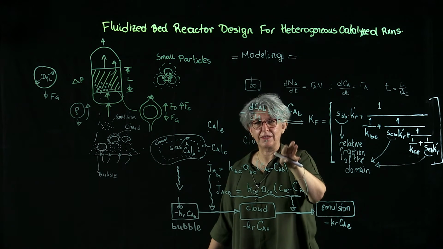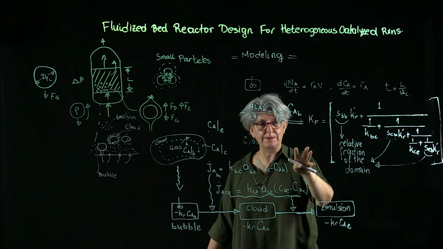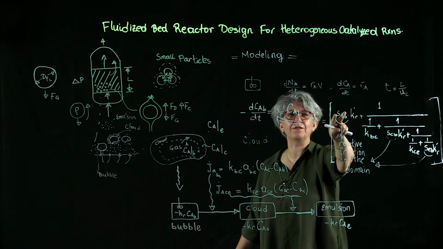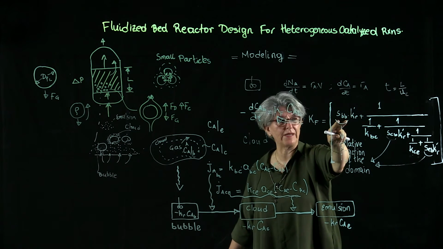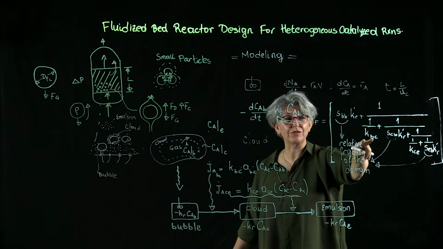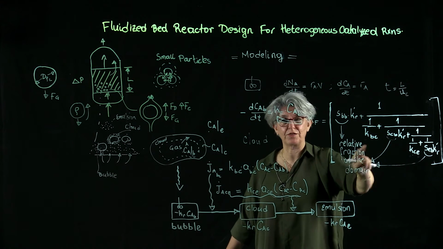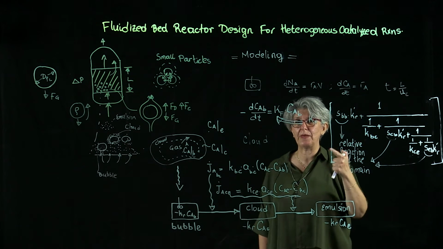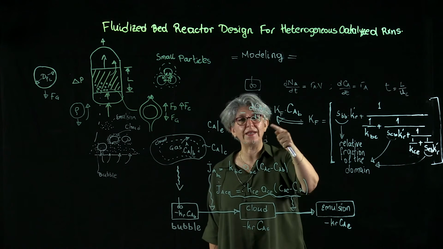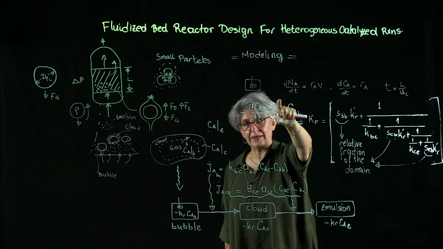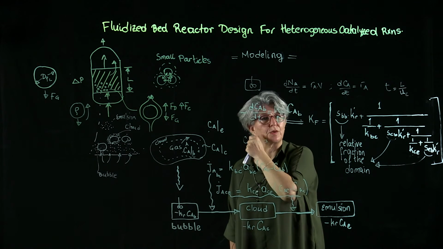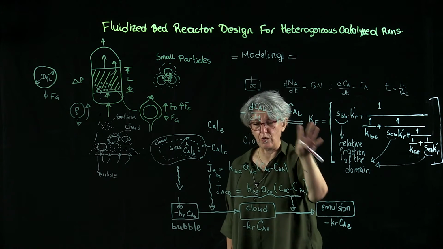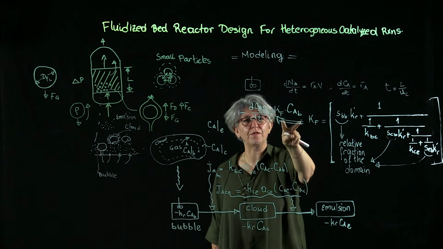Now there are correlations available in our textbook that are going to allow us to calculate the relative fractions of the domains, that are going to allow us to estimate the mass transfer coefficients, and at the outset, before making any experiments, before making any measurements, we will be able to estimate a lumped kinetic term, which is called K sub f, that will represent our overall process in terms of a first order